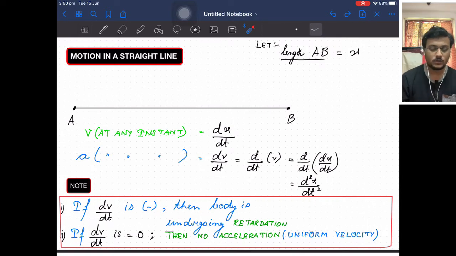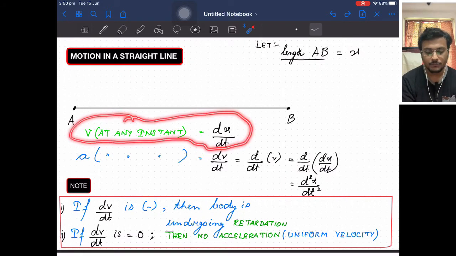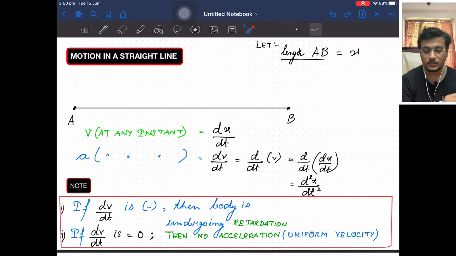We have already gone through the topics constant velocity, instantaneous velocity, average velocity. So the velocity at any instant of time during its motion is the instantaneous velocity, written as v instant. Similarly, if we are able to find the instantaneous velocity, then we can also find the instantaneous acceleration. Now acceleration is equal to dv by dt. What does this suggest? dv by dt means rate of change of velocity with respect to time. But we can also write it another way: dv by dt can be written as d/dt of v.